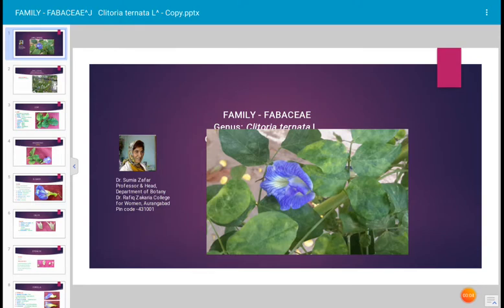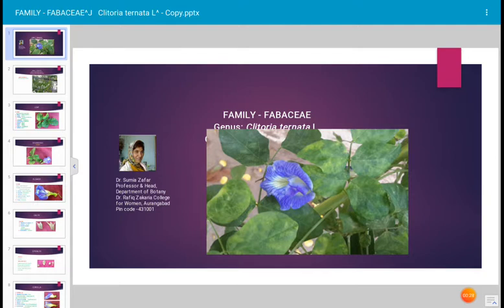Today's discussion is on the flowering plant. Its botanical name is Clitoria ternata. It is commonly called butterfly pea. It is a wonderful twining plant with beautiful flowers, and in several places it is used in the preparation of